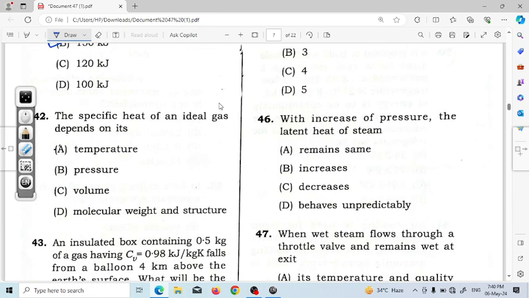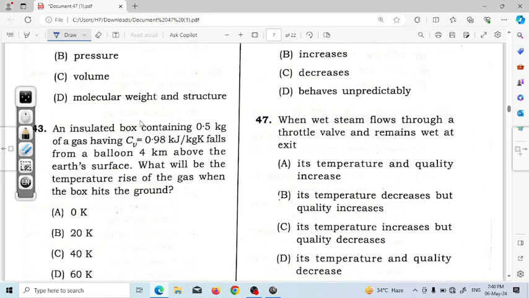Next, the specific heat of an ideal gas depends on temperature only. Next, an insulated box containing 0.5 kg of gas having specific heat at constant volume Cv equal to 0.98 kJ per kg Kelvin falls from a balloon 4 kilometer above the Earth's surface. What will be the temperature rise of the gas when the box hits the ground? So conservation of energy we have to apply. It is the potential energy, mgh, is equal to